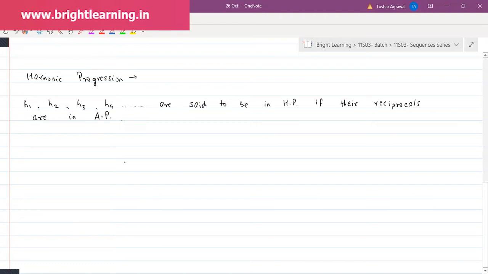That is, H1, H2, H3, H4, these terms are said to be in harmonic progression if 1 upon H1, 1 upon H2, 1 upon H3, and so on, are in AP. So if I can tell you an example,